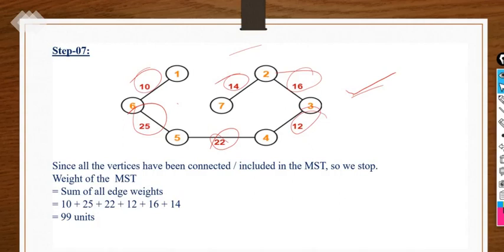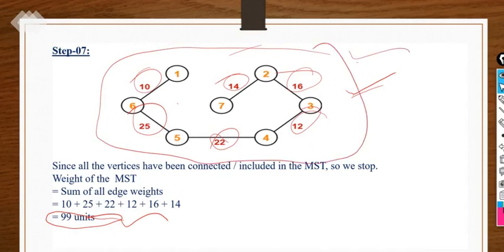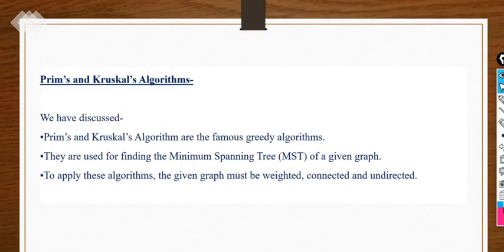For that particular graph there may be more than one spanning tree, but we have selected the spanning tree with the minimum cost with the help of Kruskal algorithm. So after all we are getting 99 again. One thing common between Prim's and Kruskal algorithm: at the last step, whatever spanning tree you get with the minimum cost, it will be the same. You will get the same answer, but the steps or procedures followed by them are totally different, right? So these are the similarities and dissimilarities of Prim's and Kruskal that we have discussed here.